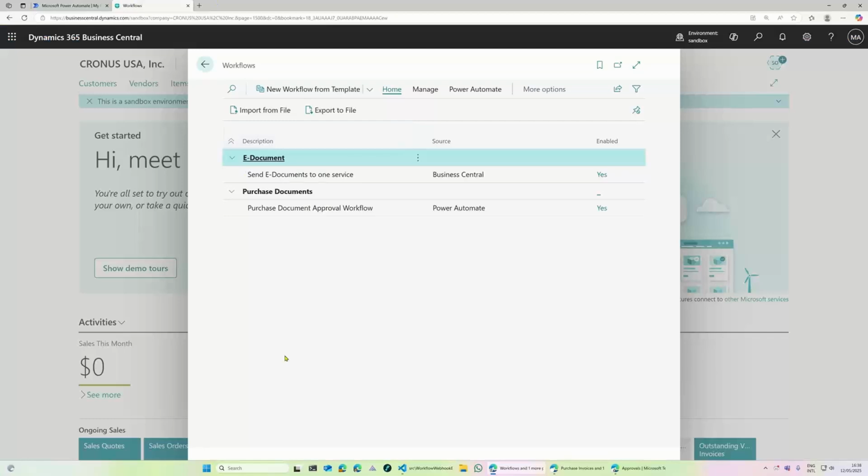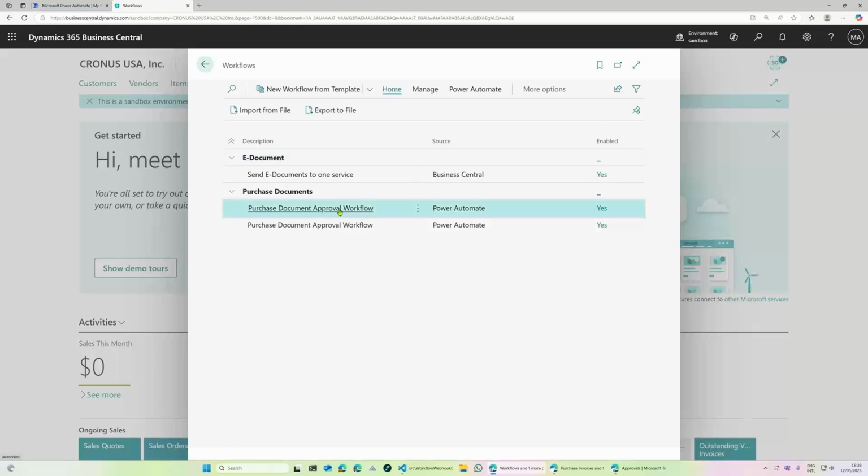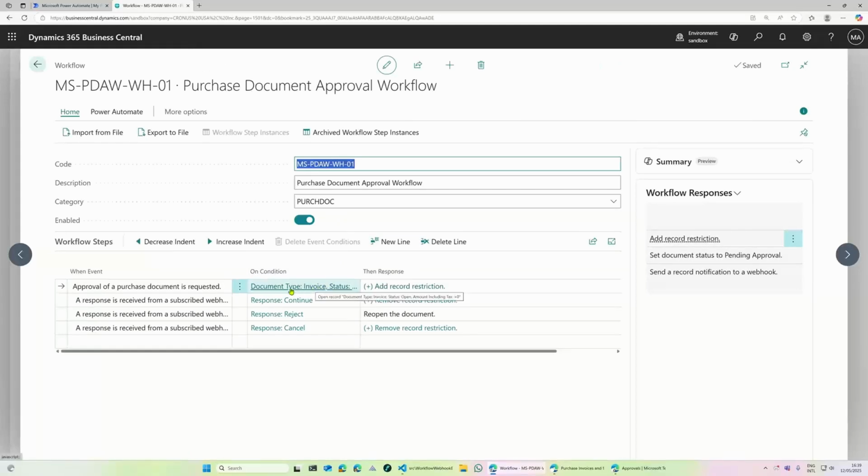Now let's look into Business Central. I got another one, but they have exactly the same name. And this is a little bit confusing, of course. You have no idea which one is which. The only thing to find out would be to go into it and then see here, on condition that this is the invoice one and the other one is then the order one. What I suggest, so we always do, is that after we have created the approval flow, we change it into purchase invoice approval.